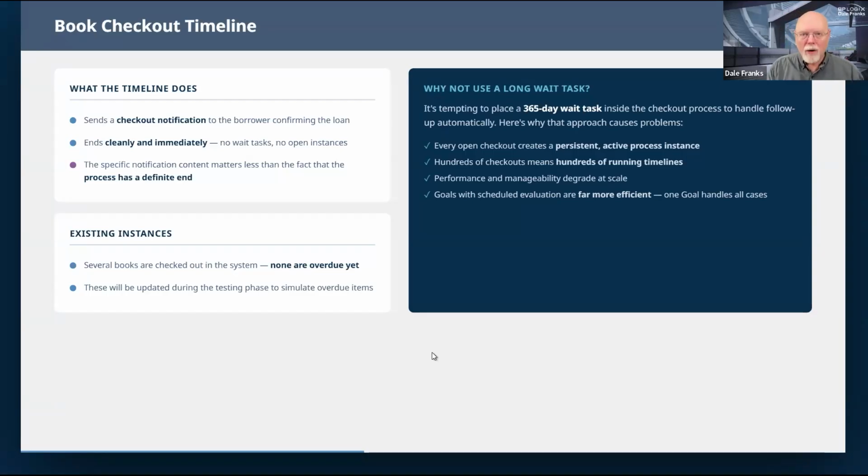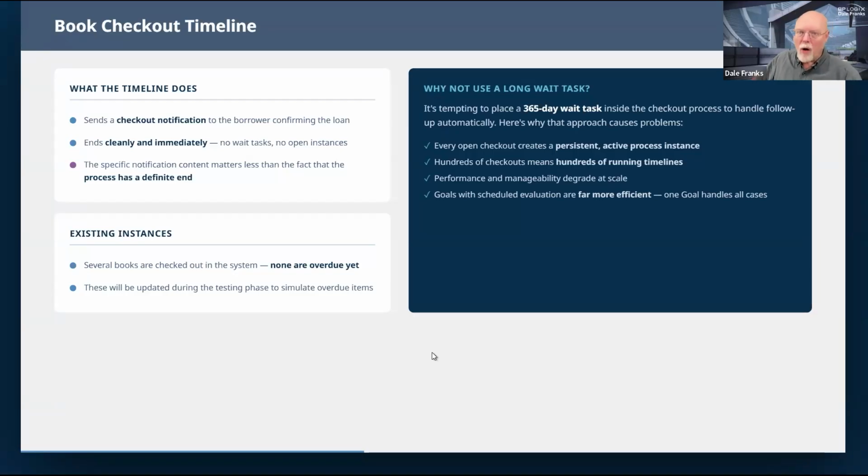And so you might ultimately start to see some performance degradation whenever you try to scale that up, especially if you're in a large organization with many users. Doing it this way, having the timeline just end after the checkout, means that for our 1-year waiting period, we don't have to monitor any of those timelines.